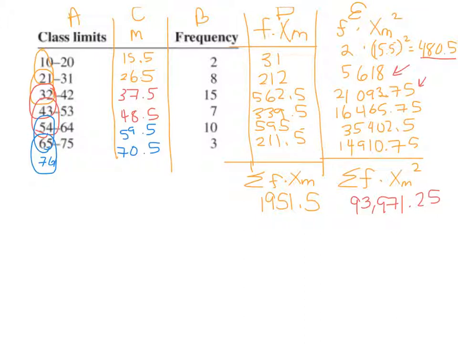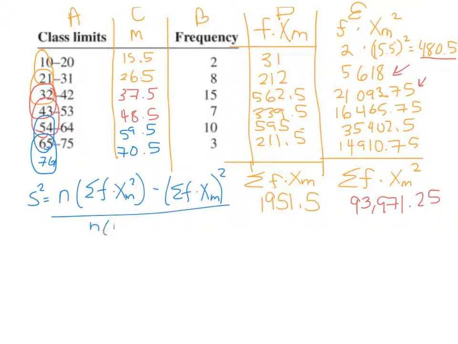Now remember that genius who gave us that shortcut formula? The sample variance is equal to n times the sum of the frequencies times the midpoints squared, minus the sum of the frequency times the midpoints, everything squared, all over n times n minus 1. We're now going to put that formula to use. We have 45 n's, 45 corporations, so this formula is now going to become